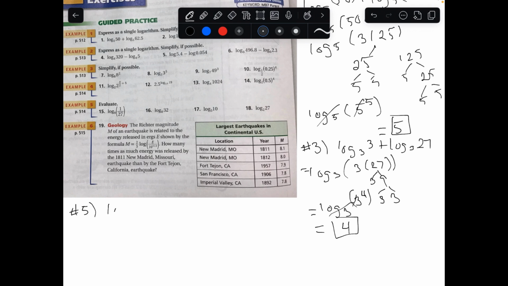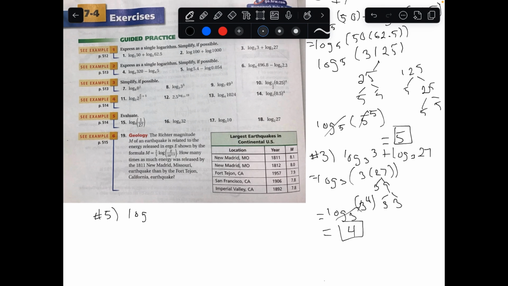I've got log. Now this log doesn't have a number written under it. It's understood to be log base 10. 10 is the standard, and that's the one that your calculators will use. And they don't write it in. It's one of the few times that you actually have an invisible 10 in math. But it's right here with the log, so just be aware of that. It's actually log base 10. You just can't see it. So log base 10 of 5.4, oops,